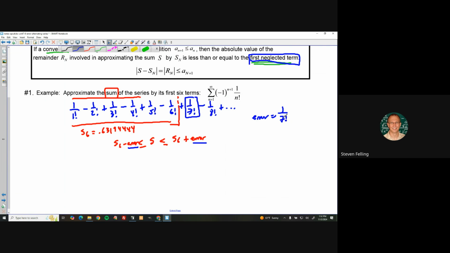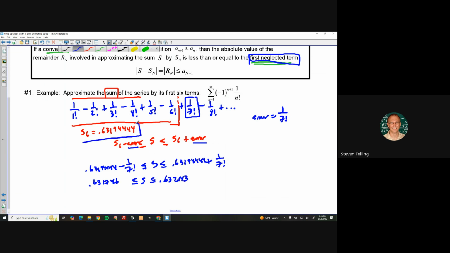So what is that number? Well, let me just write it like this. The actual sum is somewhere between 0.6319444 plus that error of 1 over 7 factorial, or 0.6319444 minus that error. If you calculate those out in decimal, this one turns out to be 0.631746 and 0.6324143. So I can get the approximate truncated value, but I know that the true sum of